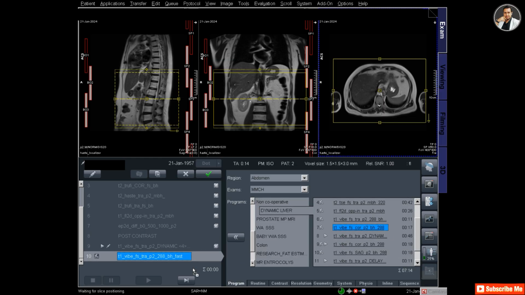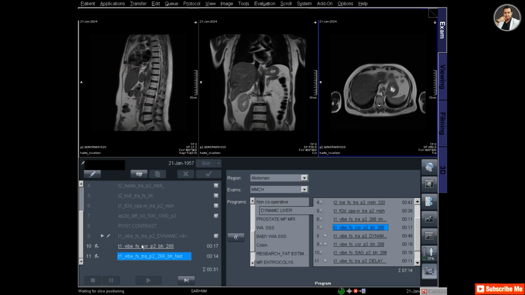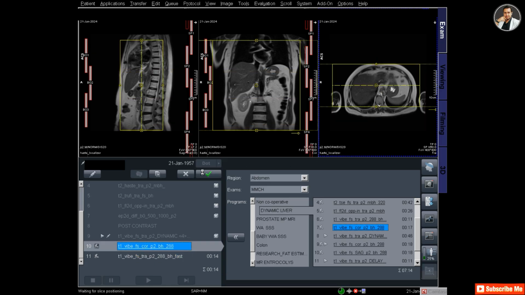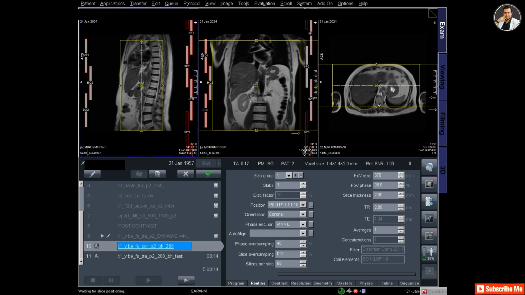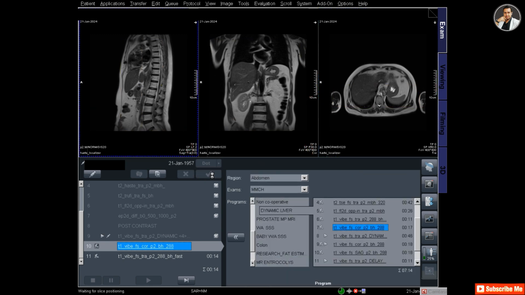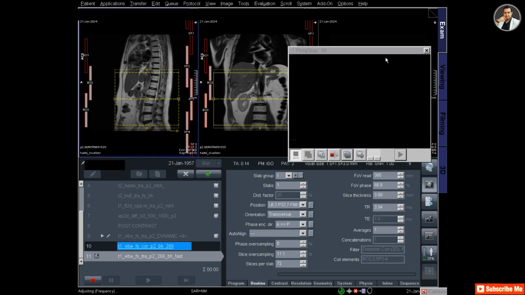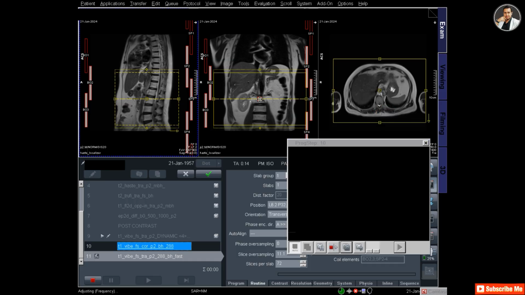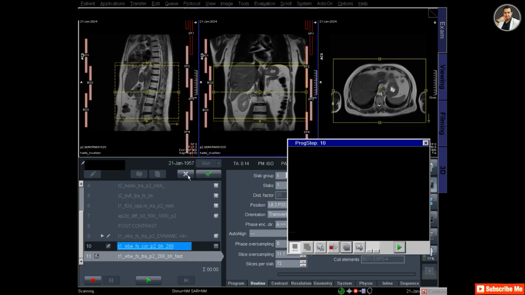And I will also take a coronal for this, and now I will take a coronal image, and I am planning on the sagittal and axial. So let's start the coronal.